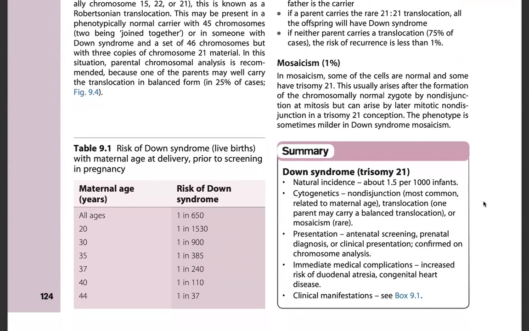Now, the table shows the risk of Down syndrome in live births by maternal age at delivery prior to screening. For all ages, the risk is 1 in 650. At 20 years of age, it is 1 in 1530. At 30 years of age, it is 1 in 900. At 35, it is 1 in 385. At 37, it is 1 in 240. At 40, it is 1 in 110. And at 44, it is 1 in 37